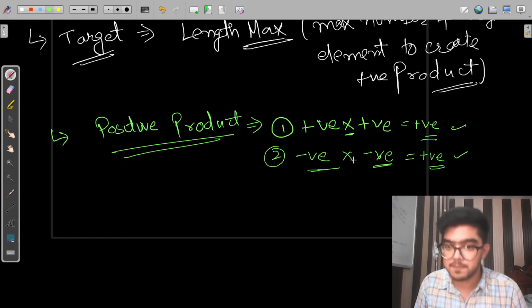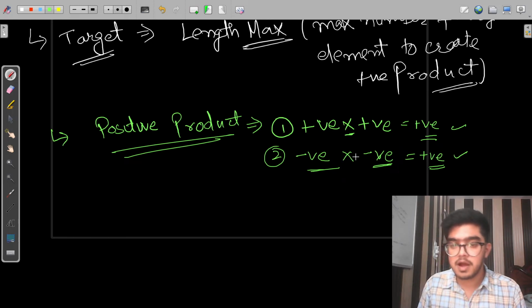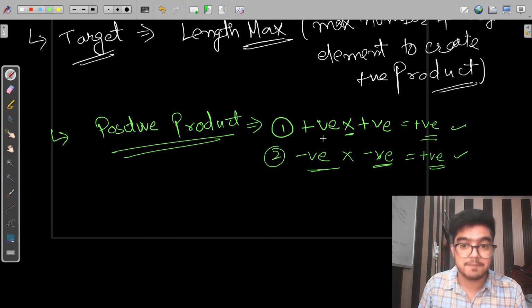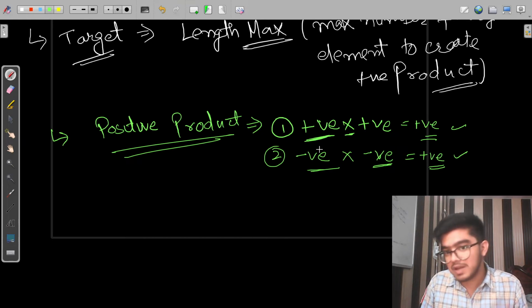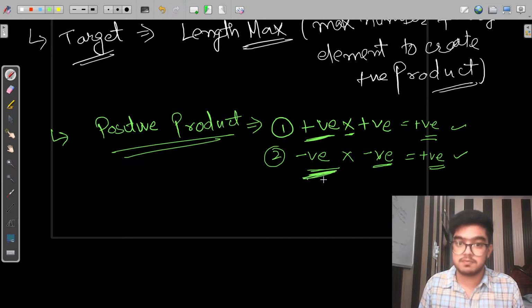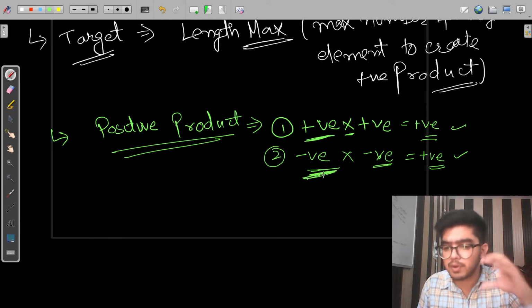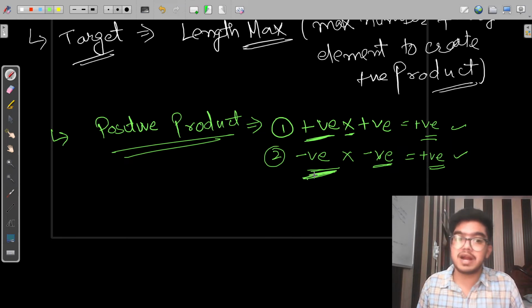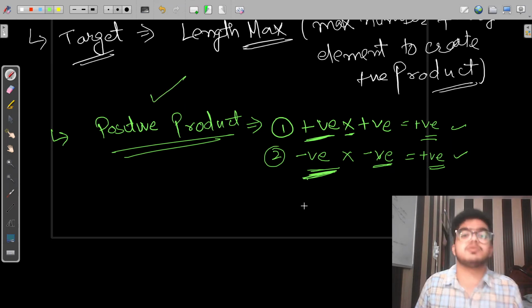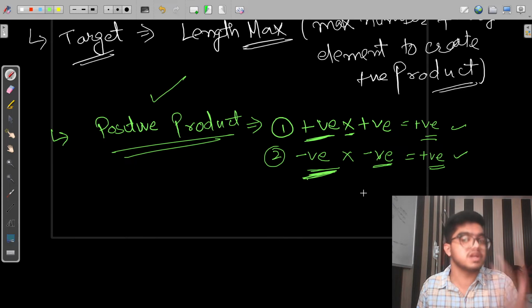It means how many elements in our array are positive and how many are negative. Both are important for us in order to find the positive product. This should be clear.